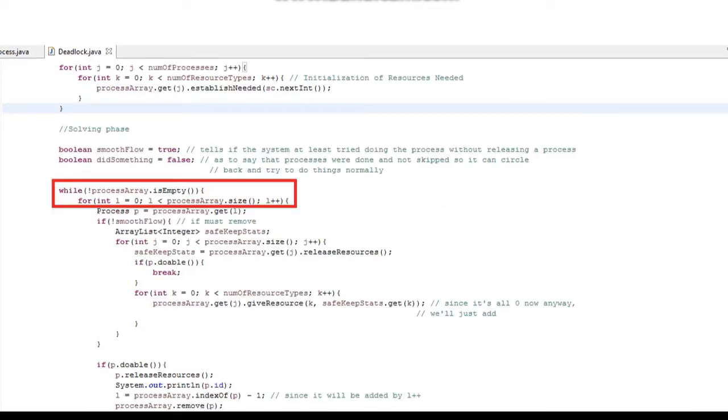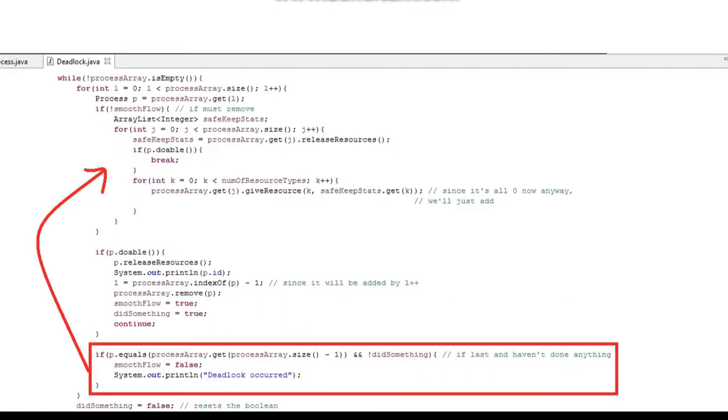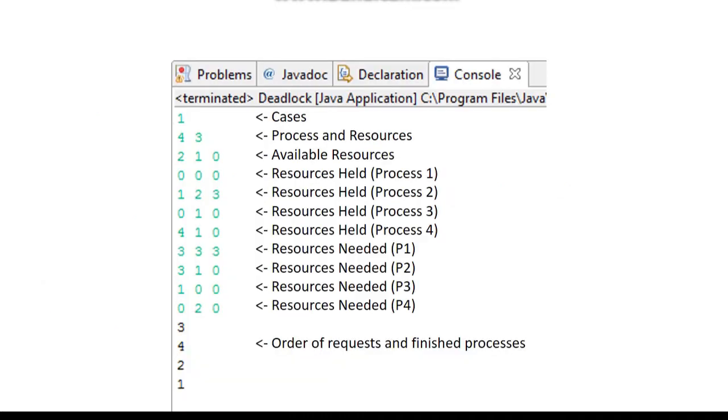It will do several loops in order to finish as many processes as it can until it either empties the array list or encounters a deadlock. When the deadlock happens, it will go to the first if segment and fix the deadlock there, using the solution we explained earlier. Now to show you the output of our code.